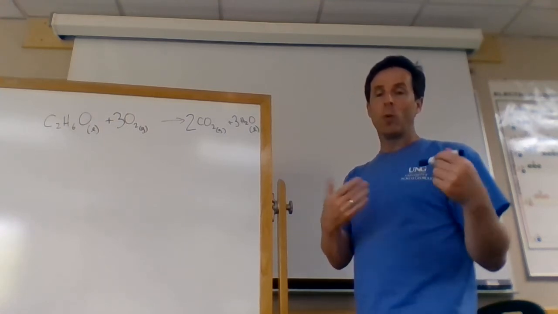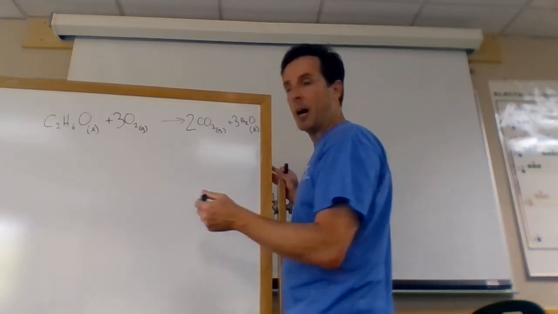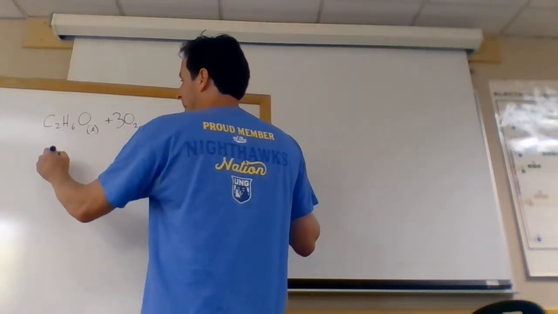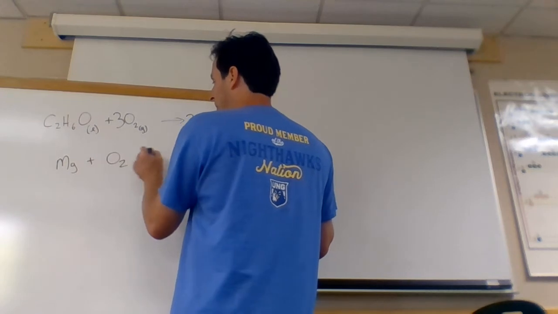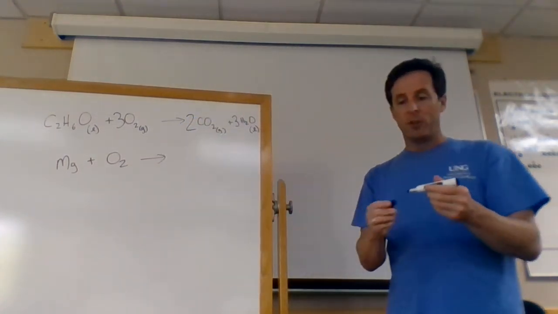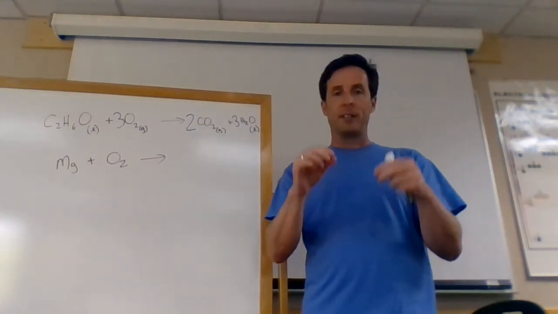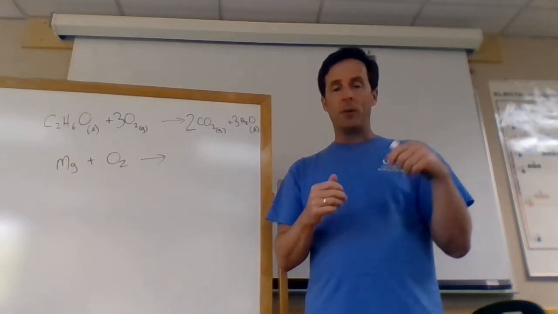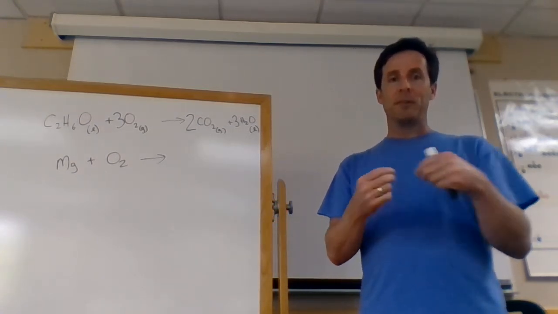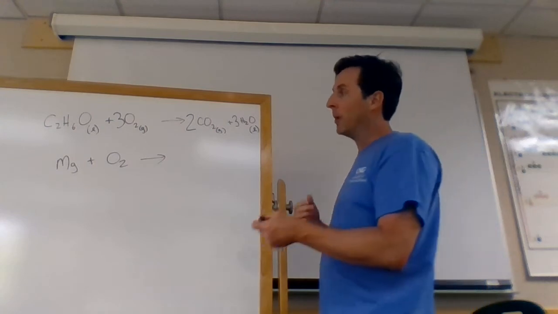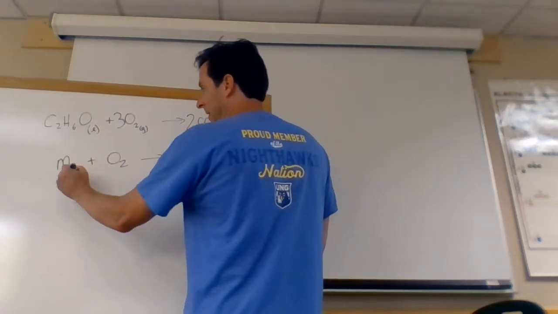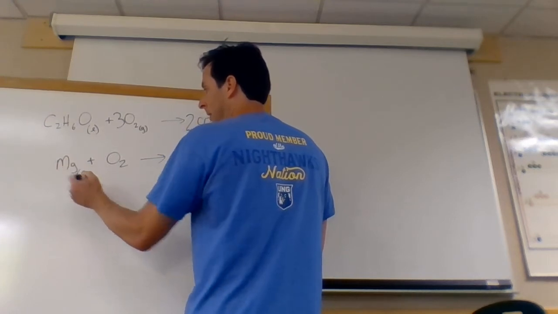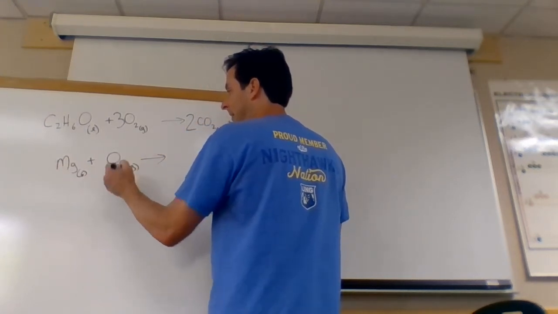Okay, now let's do one more combustion reaction. If I'm on July 4th and I get a sparkler and light a sparkler, the way a sparkler works is actually it's little chips of magnesium, and when you light it up, you're burning pieces of magnesium. Okay, so the reaction, I'm burning magnesium in the air. So magnesium is a solid. Oxygen is a gas again. Put them